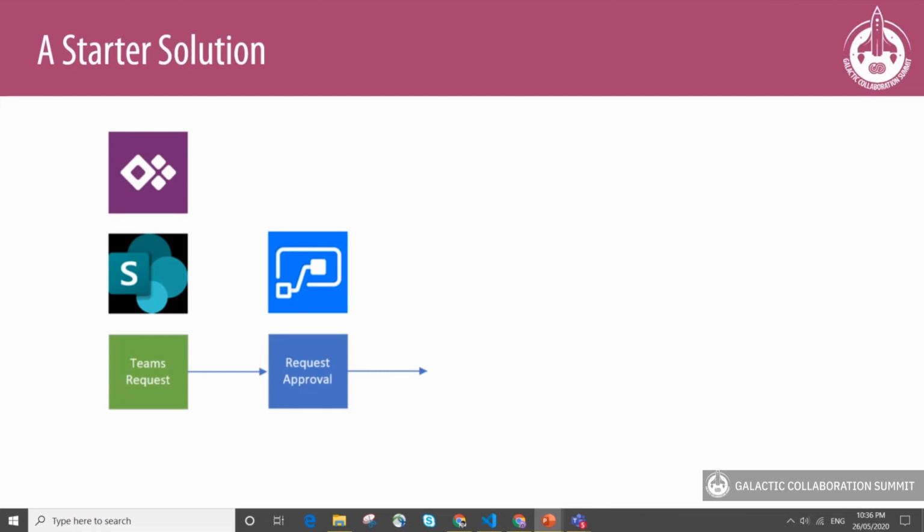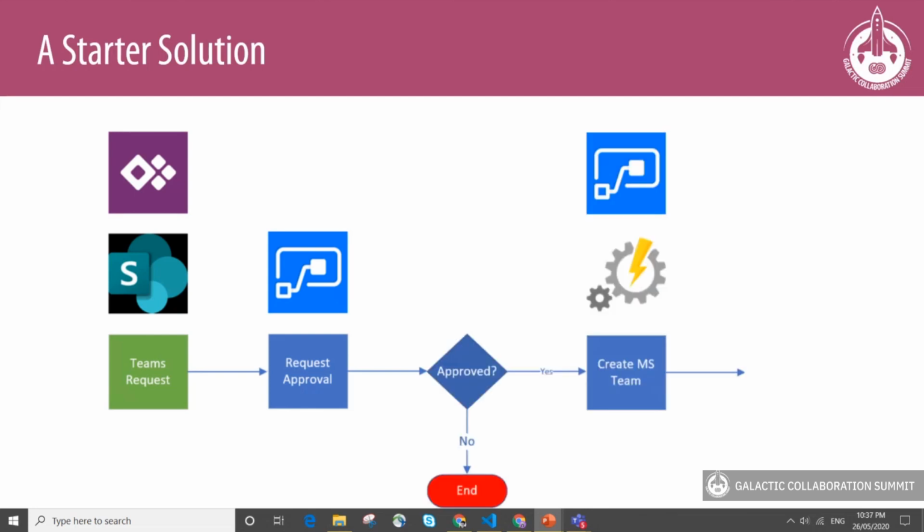Once we've got the item in the list, then a Power Automate flow will pick that up and send off a request for approval. And once it's been approved, another Power Automate flow will run, and it will execute an Azure Automation Runbook, which contains the PowerShell code to create our team. And the end result being that the team is created and the user is alerted to that fact. Now, all that process